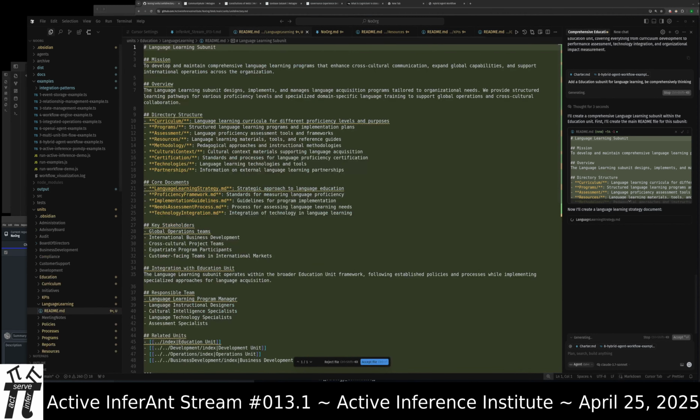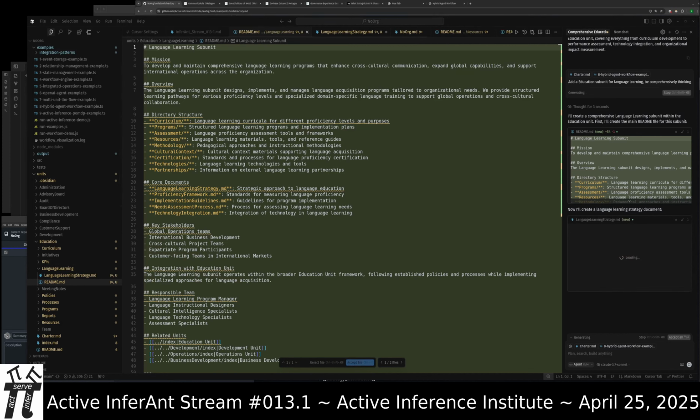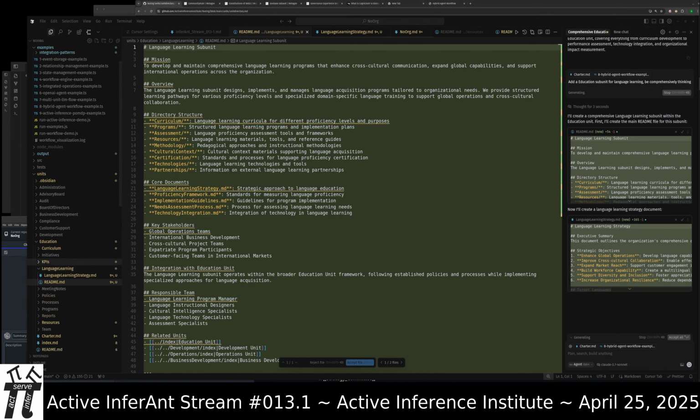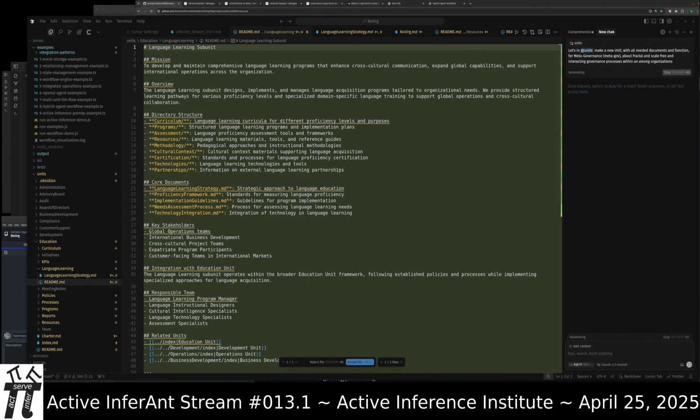Language learning subunit. We have a language learning folder. It's been one of the most effective augmenters of vibe coding. Has been, first off, the multi-shot agent mode in Cursor, and then improved ability to have situational awareness in the file structure and being able to have new folders get made and make files iteratively, all that kind of stuff. Plugging away on the language learning education unit, metagov is in process.